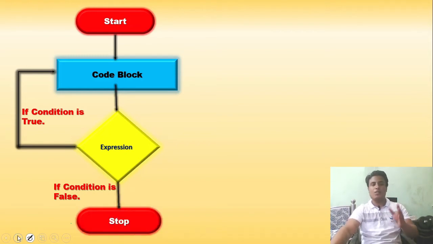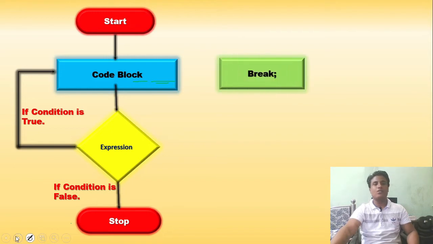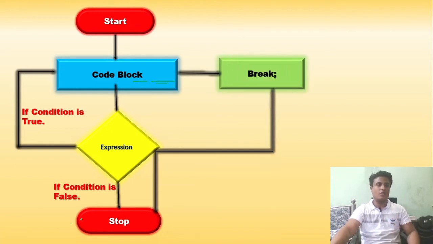Now this is one way of moving out of this block. Another way could be this: suppose you are writing your code in a code block, and someone uses the break statement here. What will it do? It will directly come out of the loop. Hope you are getting it. It is very easy, nothing tougher to be explained here. So now moving on.